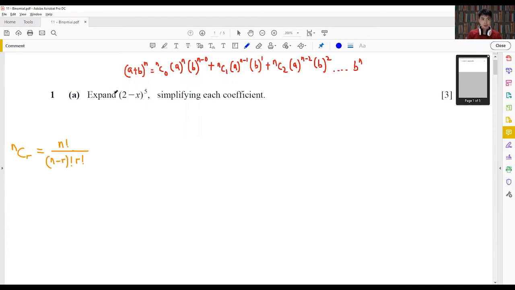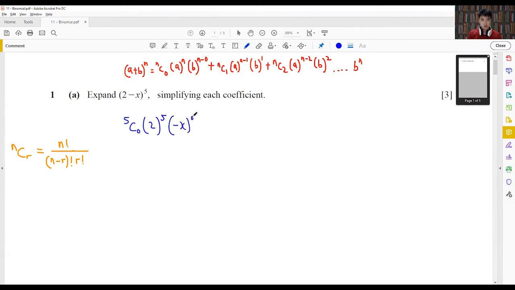For you to expand 2 minus x to the power of 5, all you have to do is simply follow this formula here. This formula is slightly different from the one that you are given in your exam formula sheet, all right? So look at how to use it. First, we're going to use 5c0, okay? And it's going to multiply with 2 to the power of 5 and also negative x to the